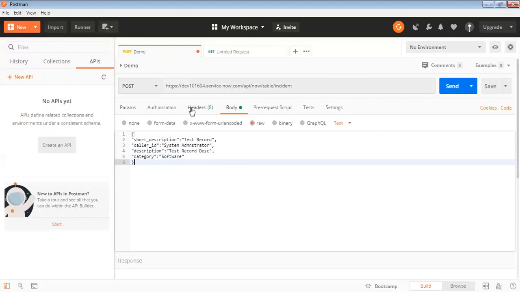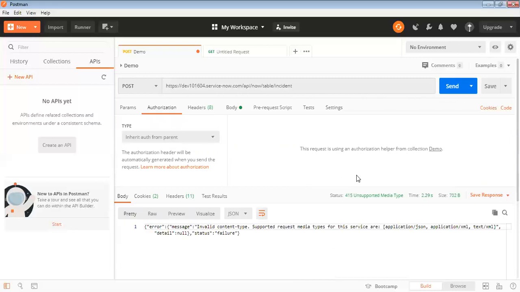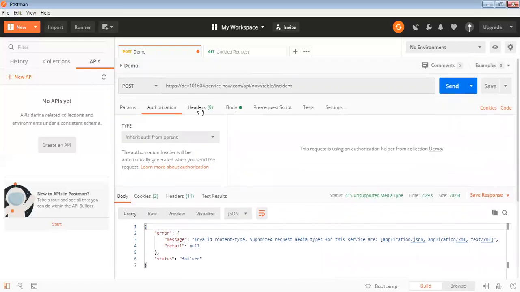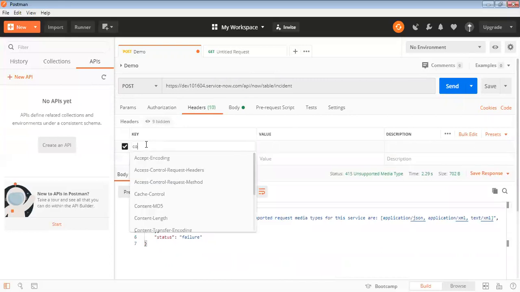Then I have to provide authorization, because if I try to send it now, it will give me an error. See, there are many errors. Because I didn't define any content type, I will have to define the content type here.